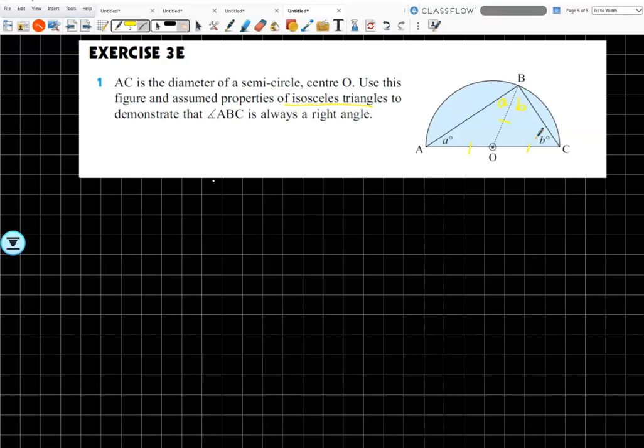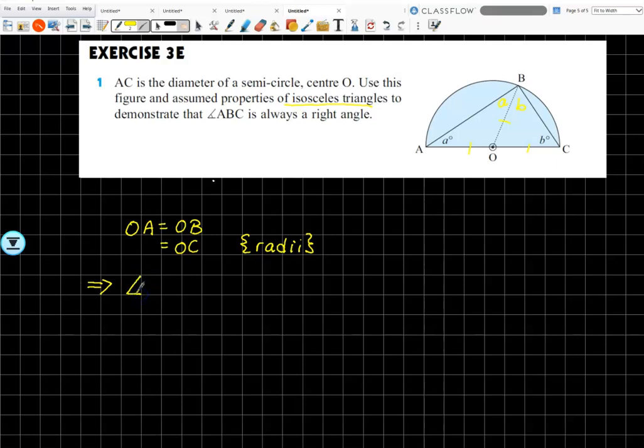Let's write it up. Now, very often, you're going to play with the diagram. You're going to go, yeah, I can see. But then the write-up is the issue. So let's get used to that. So where did we start? Right, we said that OA equals OB equals OC. Radii. You can put radius if you like. I don't mind. This led to, so that gives